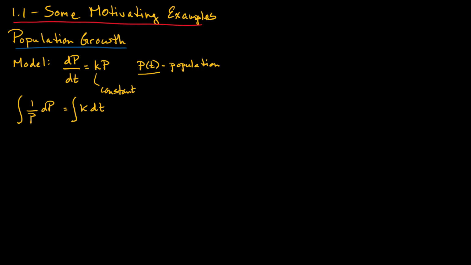Now let's set some bounds for our integration. We can say that our population might have an initial size P naught and go to an arbitrary population P. Similarly, for time, we can go from an initial time T naught to a final time T. We can evaluate the above definite integrals as follows. We know that the integral of 1 over P will be ln of P. So we have ln of P evaluated between P naught and P is equal to